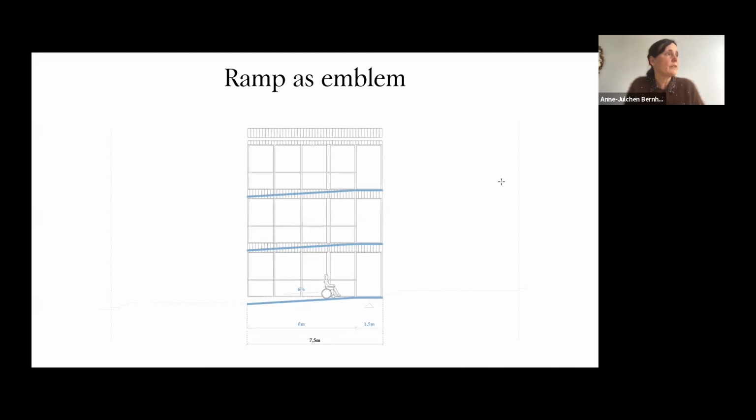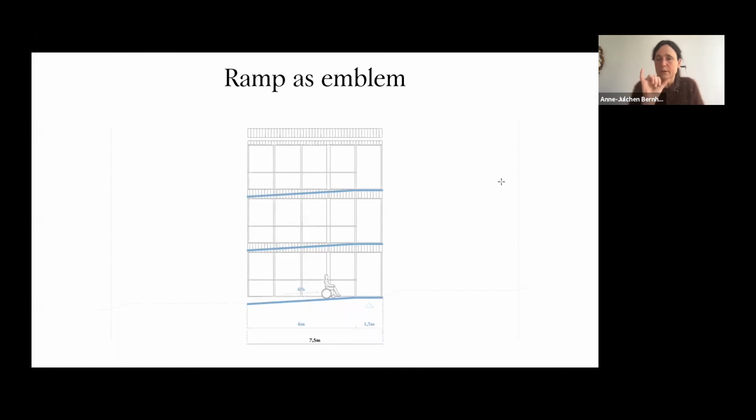So one thing is the ramp, because the whole building has to work as a housing facility for people in wheelchairs, because you have to be 50 to be part of the cooperative.